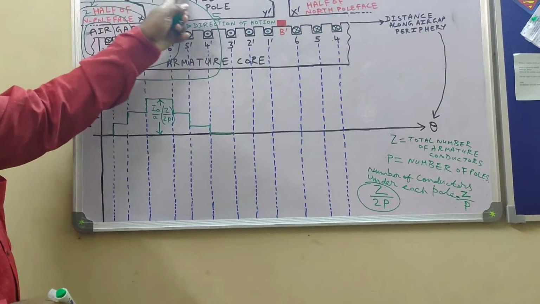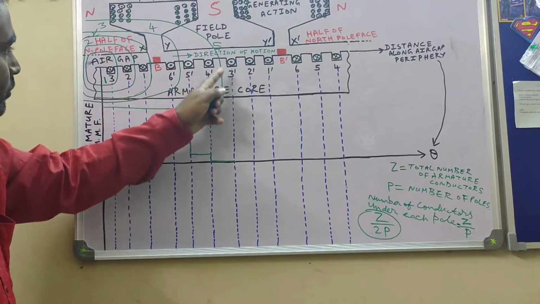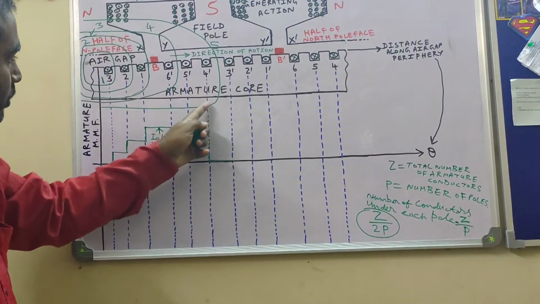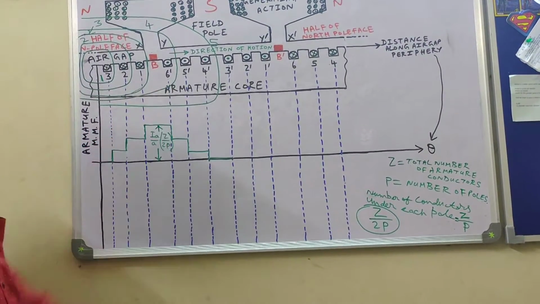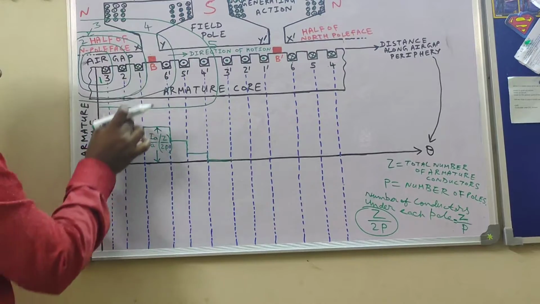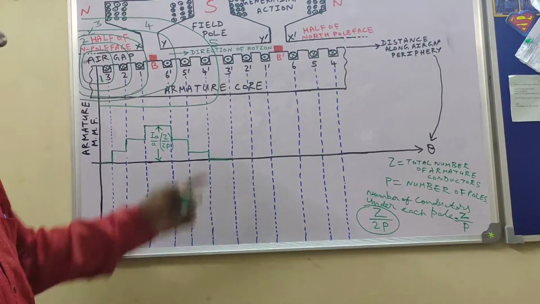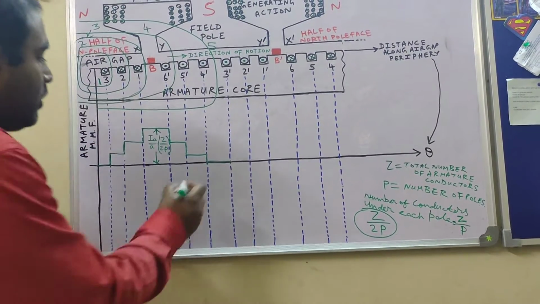Because if you choose path number 5, how many slots are being enclosed? In path number 5, 6 slots are being enclosed. What are the 6 slots? 3, 2, 1 and 6 dash, 5 dash, 4 dash. So you see there are 3 dot currents and 3 cross currents. According to our convention, dot current is negative and cross current is positive, so they cancel out. So here it is 0.